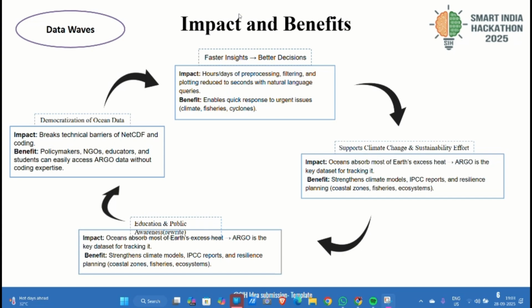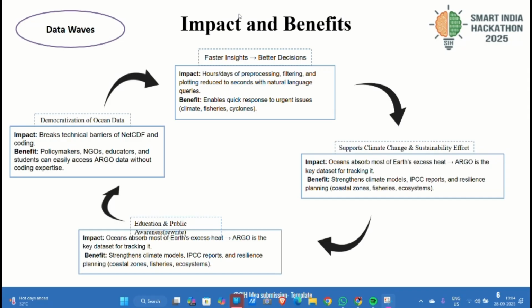Oceans also absorb most of the Earth's excess heat, and Argo data is central for tracking it. Our platform helps to strengthen climate models, IPCC reports, and sustainability efforts. It also enhances education and public awareness. By turning complex data into interactive visuals, we make ocean science accessible to non-experts, building climate literacy and engaging the